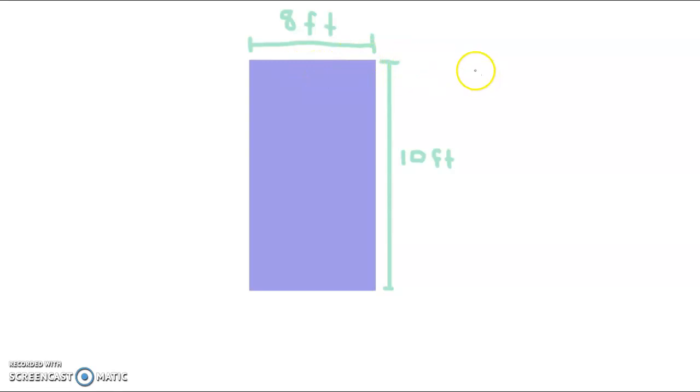So to find the area, I multiply length, which is 10, times 8, which is the width, which equals 80. And area is measured in square units, so I need 80 feet squared worth of carpet. So in conclusion, perimeter is measuring the distance outside of a